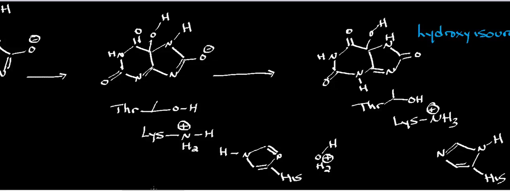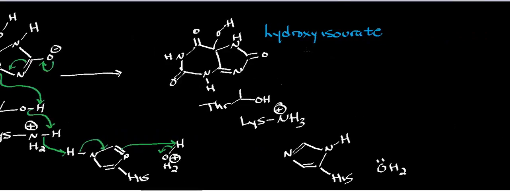But see, the mechanism of the enzyme is not yet complete. What has to happen is this carbonyl has to reform, and that's going to cause a pi electron rearrangement. So these electrons are going to kick in here, and then these pi electrons are going to come off of the Schiff base, and they're going to deprotonate the threonine, which deprotonates the lysine, which deprotonates the histidine, and then, of course, these pi electrons are going to rearrange. And then this nitrogen comes out and reabstracts the proton from a hydronium that's allowed into the active site. And so basically what that means for this enzyme is you get the final product, which is called